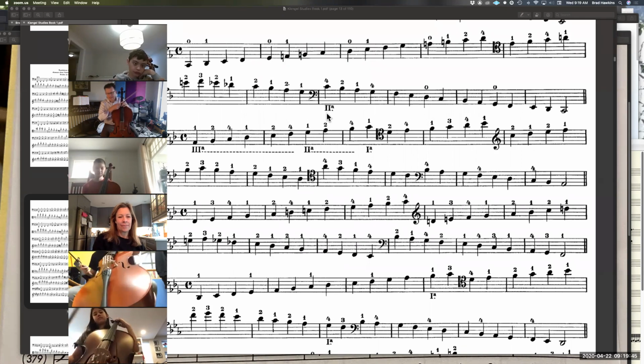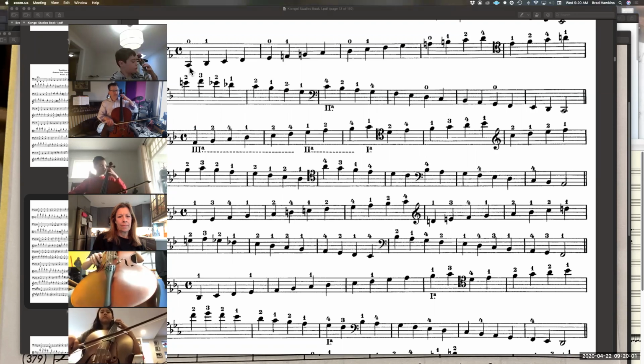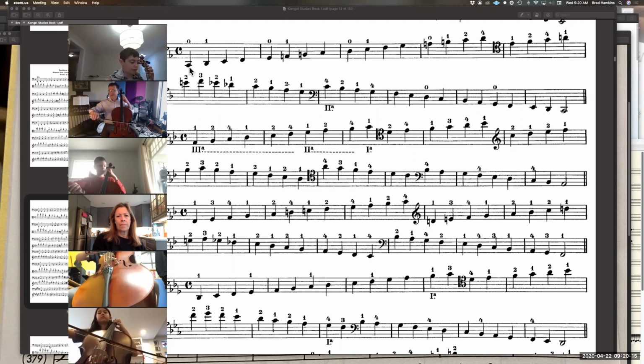This is the C minor scale. We're going to be starting over here, and we're going to be doing it about this speed. Just play along with me. There's obviously lag in the internet. I don't care if you're in time with me, but you're going to be in time with me from your ears. Ready? And D1, E flat 2, F4, G open, A natural 1, B natural 3, C4, D open, E flat 1 stretch, F2,